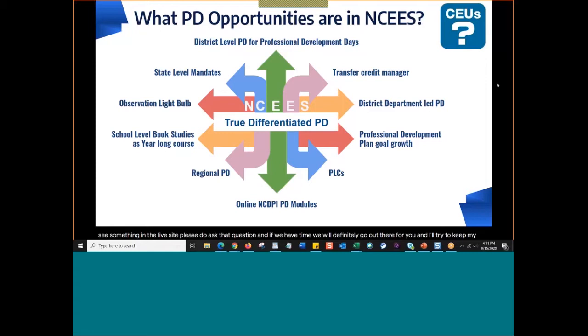Then maybe sometimes as we're perfecting our skills and it's all about continuous improvement, I can look at my PDPs and I can see where it is that I want to grow as a teacher. Or my principal might have ideas of professional development suggestions. So I enter those courses in NCEES, I complete the courses, and then it populates on my